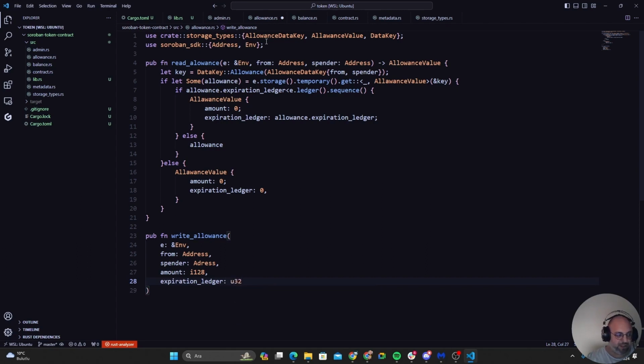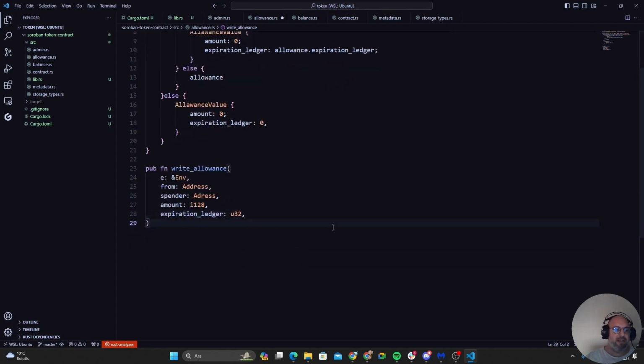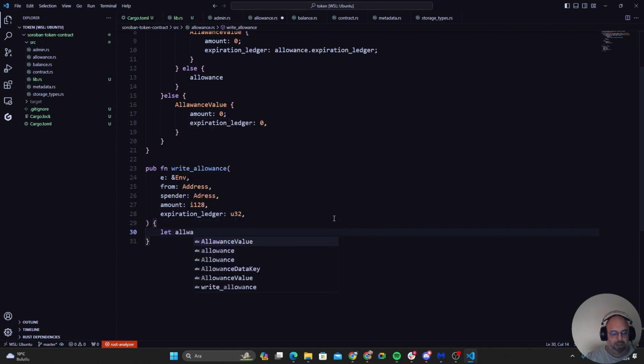Let's go with an unsigned integer, because we're just going to make sure that there will be no negative numbers, and inside that we are going to have our allowance